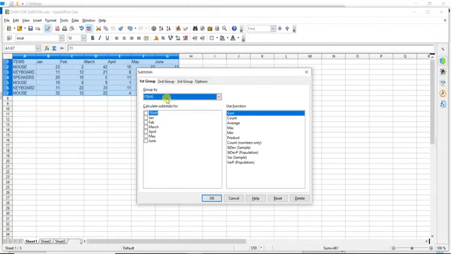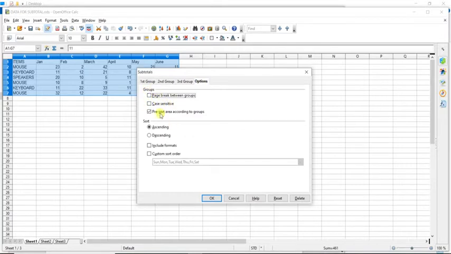So to do so, first of all, make sure that all the columns have proper naming. You will notice items, Jan, Feb, I have given proper naming to each of the columns. After that, we will select the range of cells for which we want to go for subtotals. Then in the data menu, with the option of subtotals, there are various tabs available.